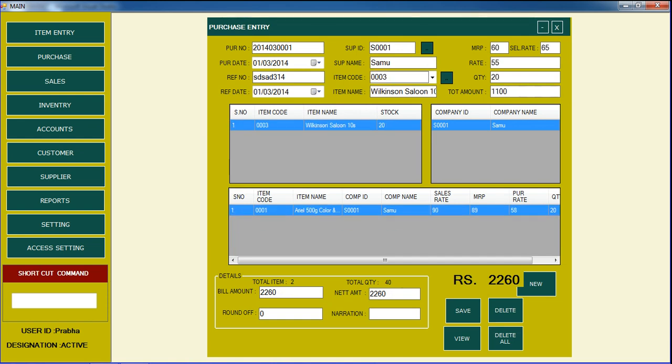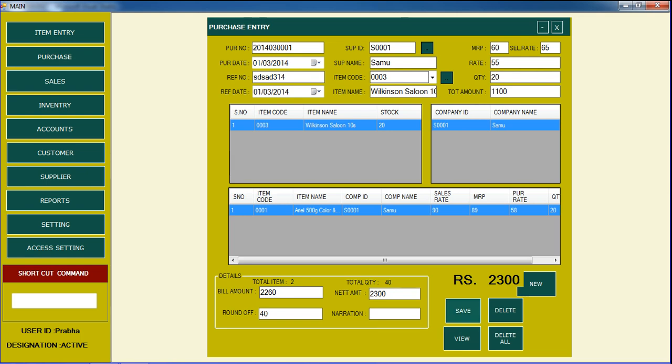What is the MRP rate, the sales rate, the rate, and how many quantity. These two are multiplied to give the total amount. Like this we can calculate automatically, and all the records come here. For the bill amount, if we want to round it, 60 plus rounding, we just add 40 rupees for 300. Both amounts are added into this amount. So I rounded it here, and then the total amount is shown.